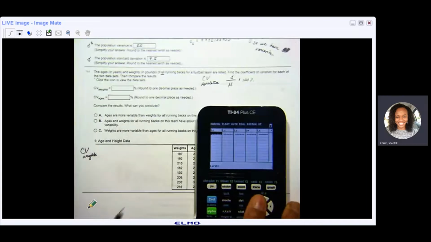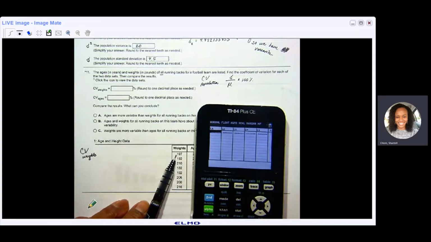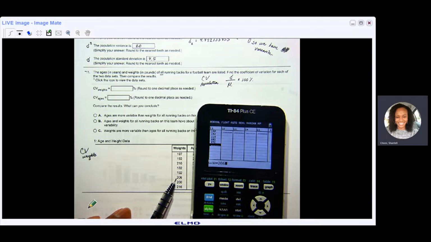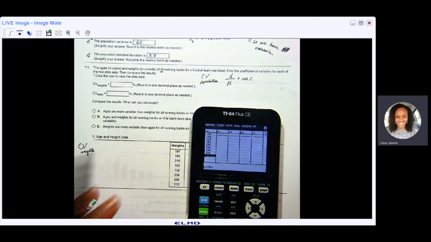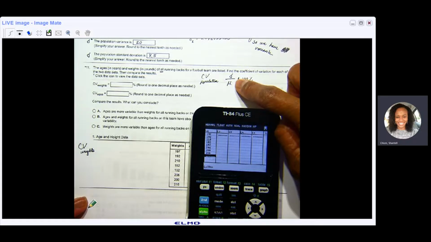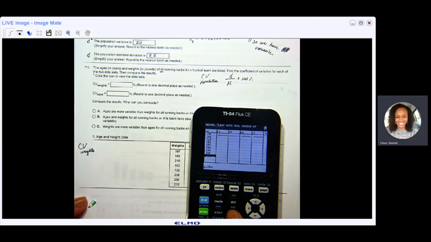So for my weights, I'm putting in 197, 192, 210, 182, 192, 206, 200, 216. So I'm just doing this for the weights first. So I need to get the deviation and the mean for the weights. So after I enter those in, then I press